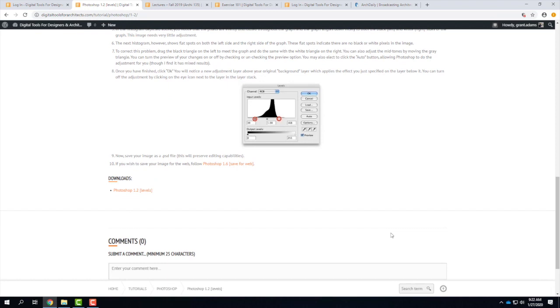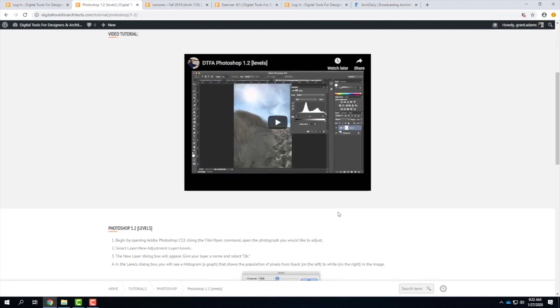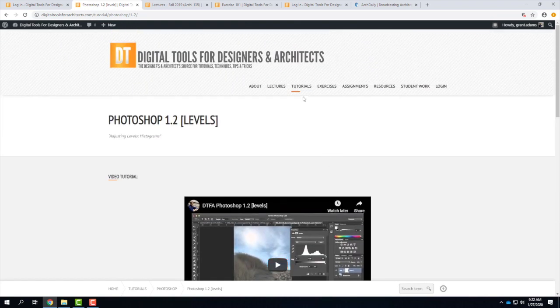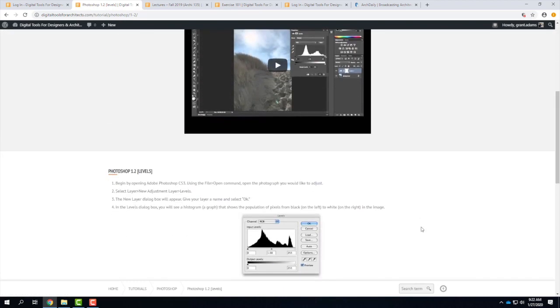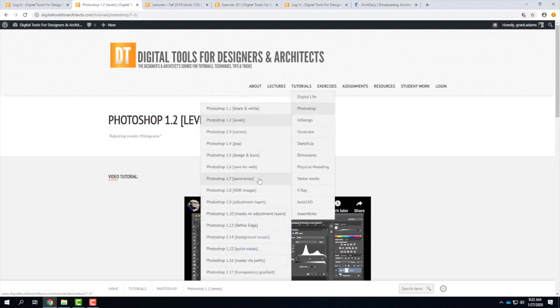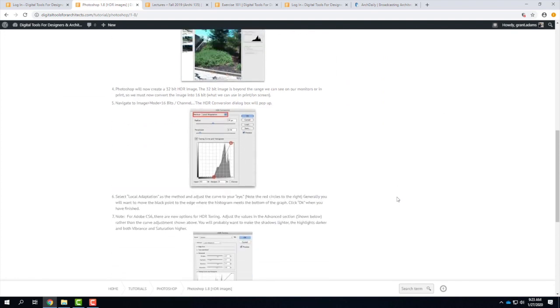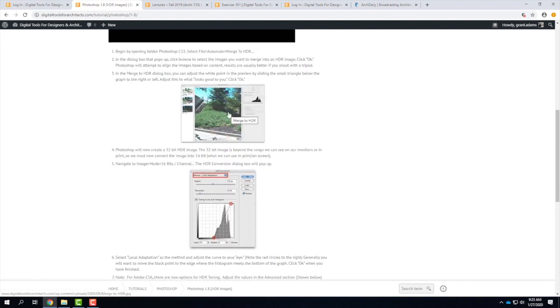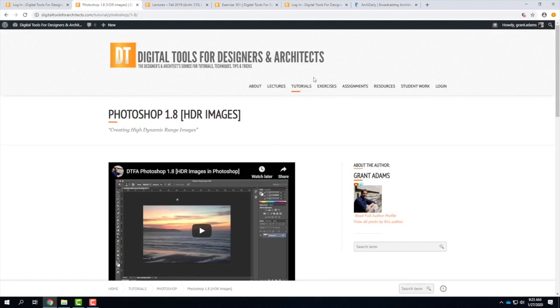Anyway, these tutorials are here for your benefit. Sometimes things change and there's updates. I try to keep up to date on them. Sometimes, let's see if I can find one. The HDR one, yeah, the dialog box here looks different. So Photoshop made a tweak when they switched to the Creative Cloud version. So sometimes there's little things that aren't quite right that I haven't updated. I try to go back and update them, but for the most part, you should be pretty easy to follow along. Okay. So that's the tutorial section.